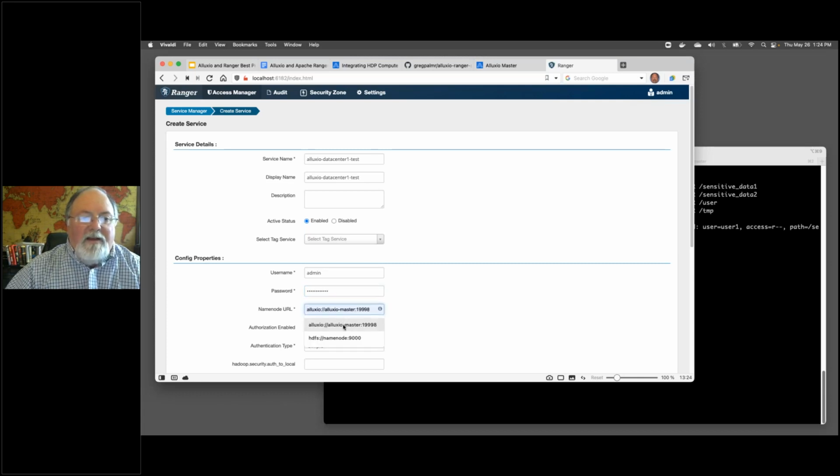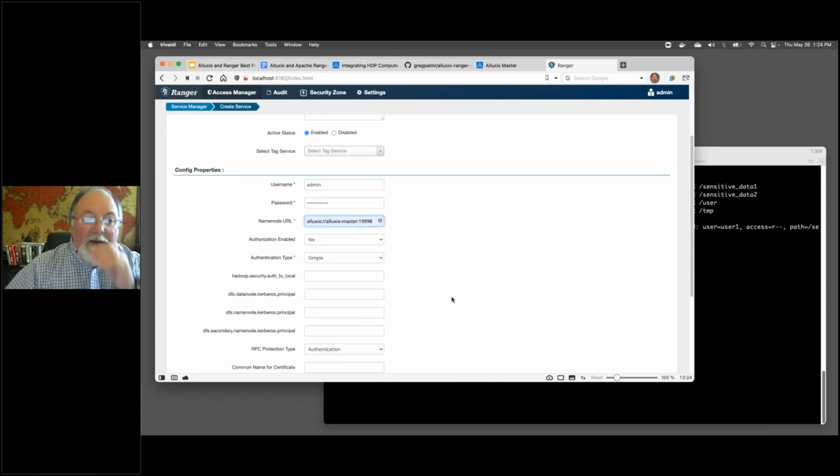I'm going to tell it the Alluxio path that we're going to be using as we administer these policies. So the Alluxio endpoint is generally what you're going to use, similar to if you were going to be using HDFS, it would have been hdfs://. I'm going to enable